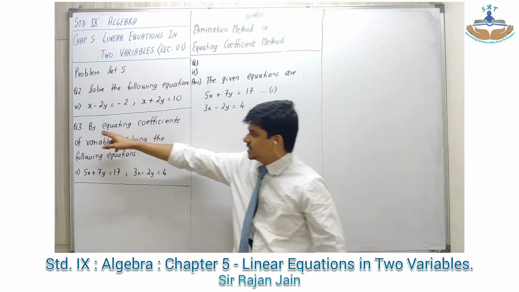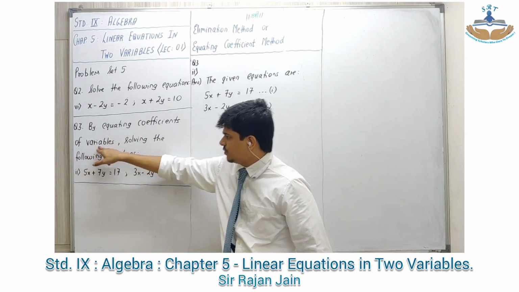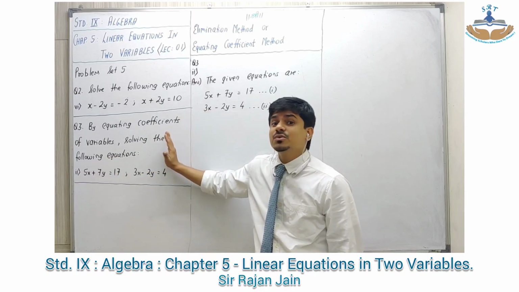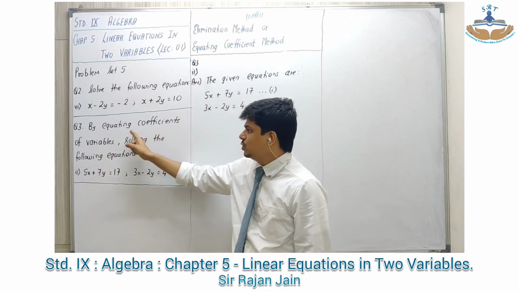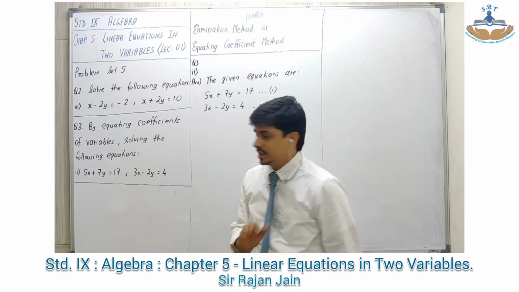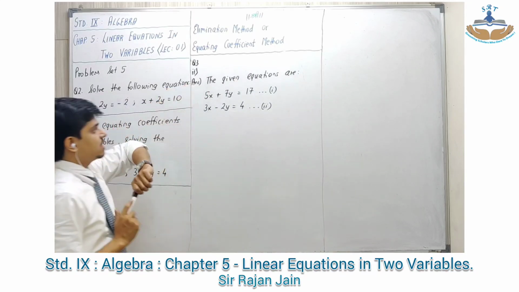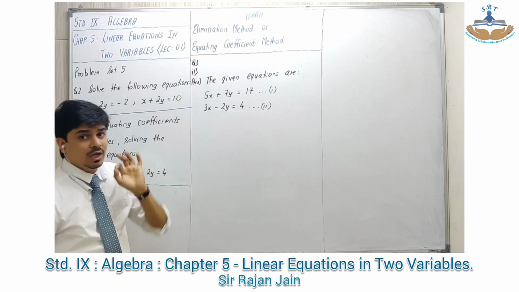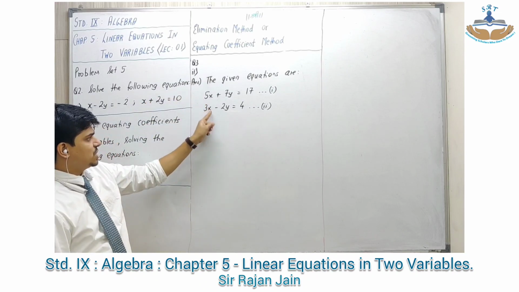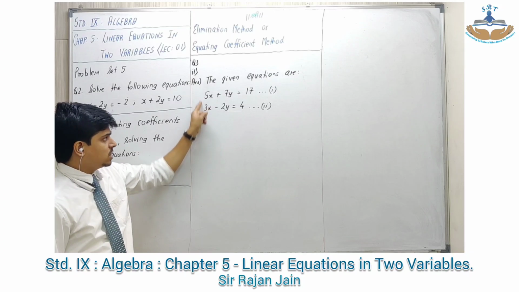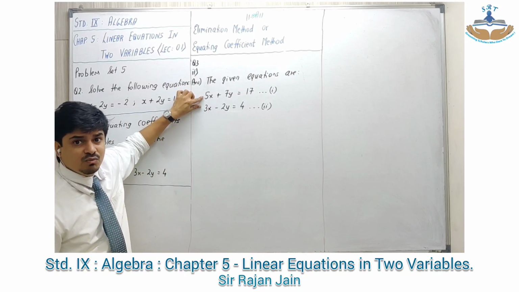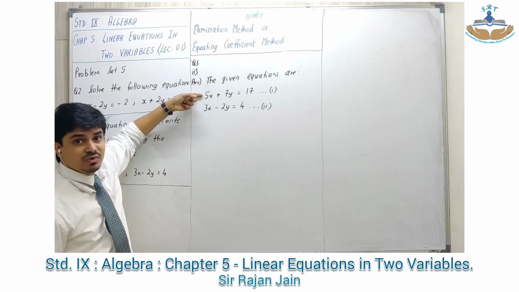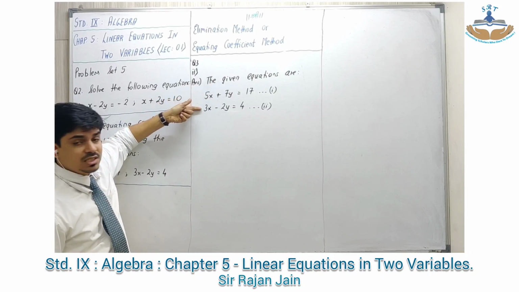Okay, now question number 3, by equating coefficients of variables, solve the following equation. Means the method is specified in the question, so you have to go by equating coefficient method. Okay, I am taking the second sum over there. The given equations are, these are the two equations that you have. Now if I go to see x का coefficient 5, x का coefficient 3, not the same. LCM of 5 and 3 will be 15. Okay, so to make this 5 as 15, modify this equation by multiplying by 3 and this equation you will